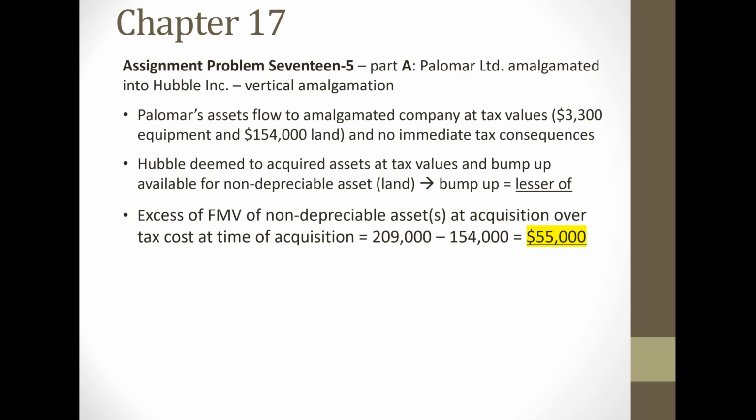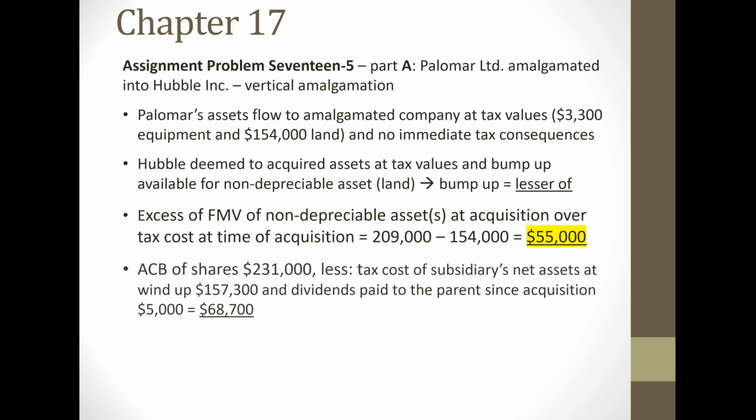of control. And so the land at the time of acquisition had a fair market value of $209,000 over the tax cost at acquisition. Now we're going to assume that that's the same as the current tax cost of $154,000. So the first amount is going to be $55,000. Now the second amount in the determination of the bump up is the ACB of the shares, which is